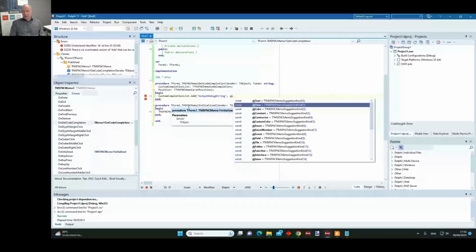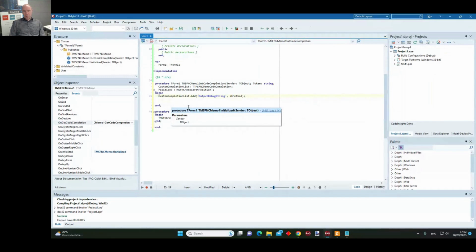So as you can see here, there's a quite extensive list of types of text that can be added as auto-completion. I will choose here that we will add a method because OutputDebugString is a method. Let's add some more, like Sum, for example. That's also a method. And maybe I will also add ShowMessage, for example, three methods.